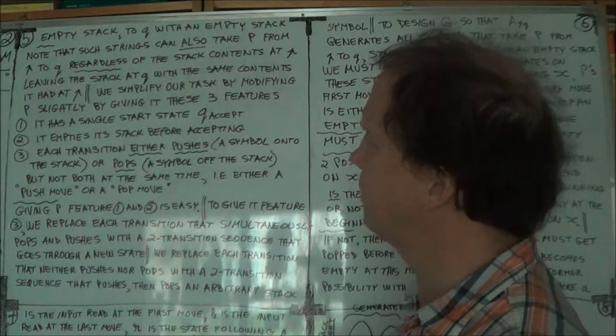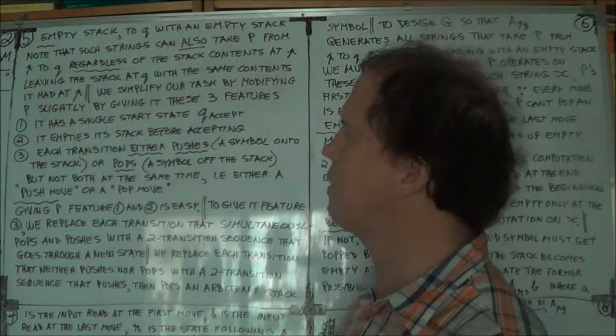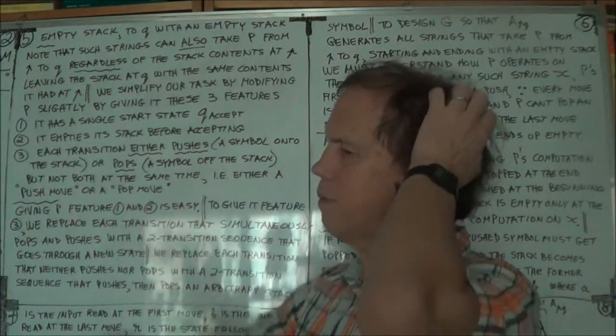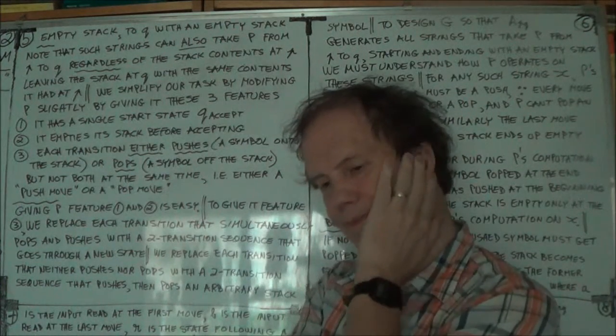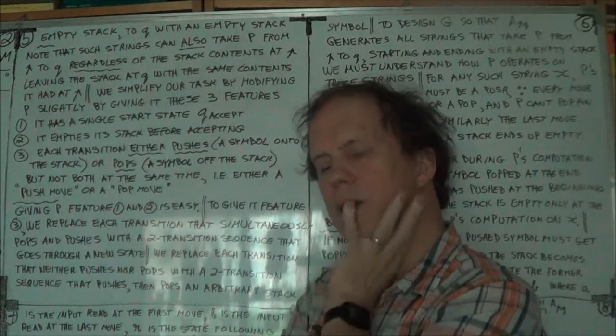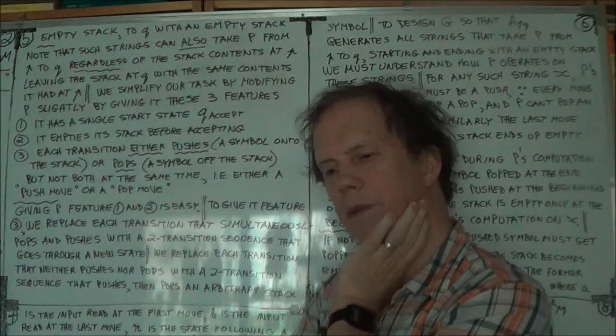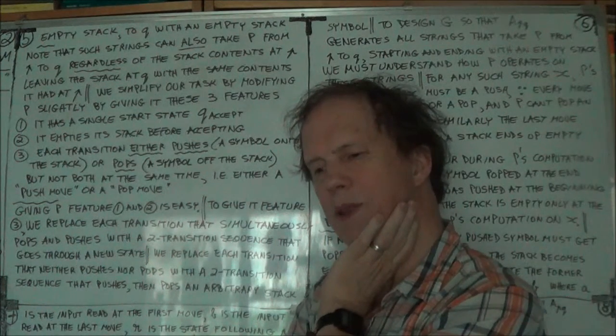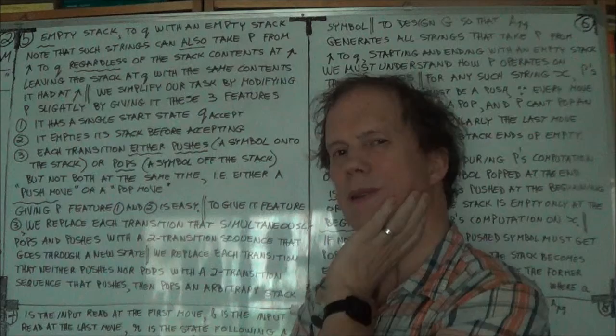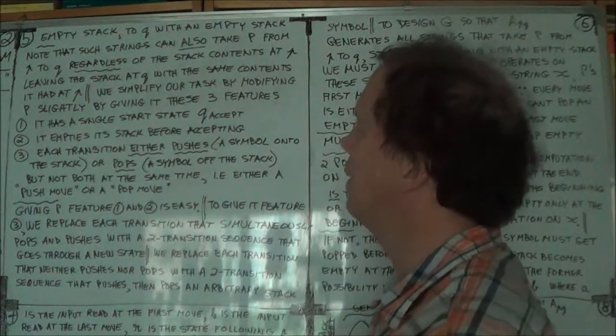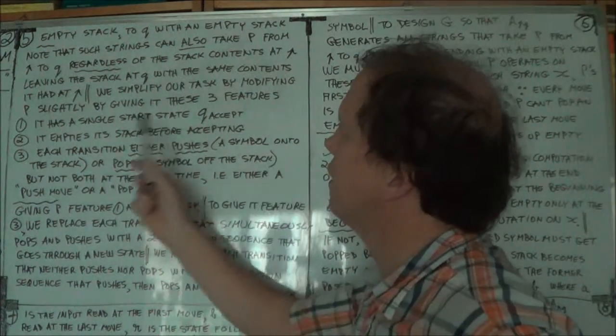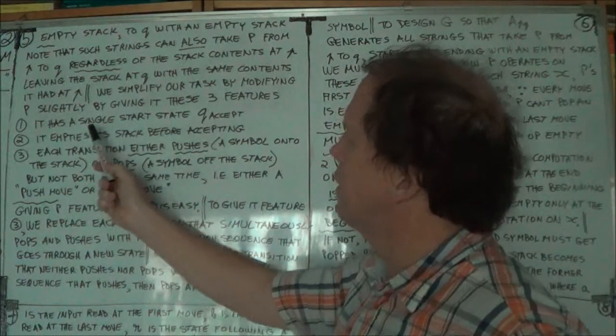So this machine that we're going to build, this P. So we start with G. I'm going to build a P. Well, to make things a bit easier, let's modify the P somewhat. We'll simplify it. We'll give it certain properties, or three features. For a start, it just has one